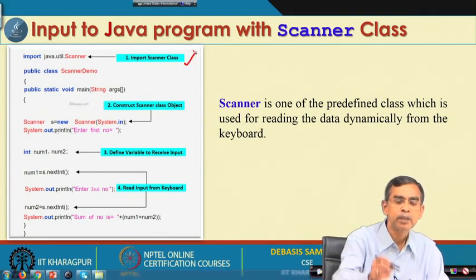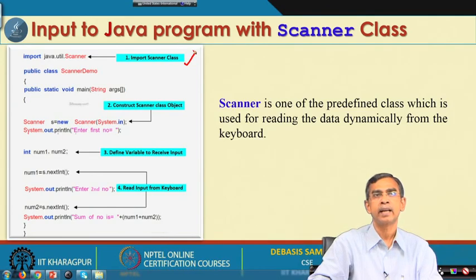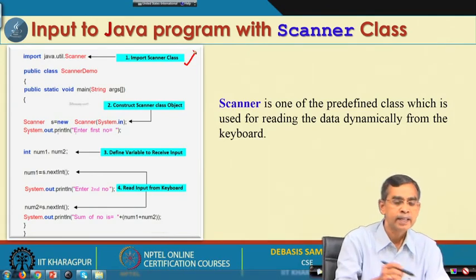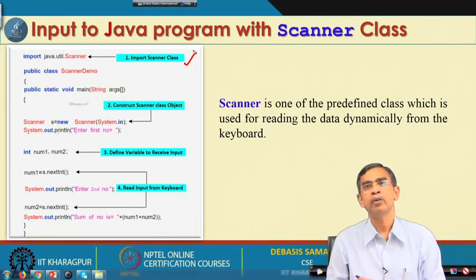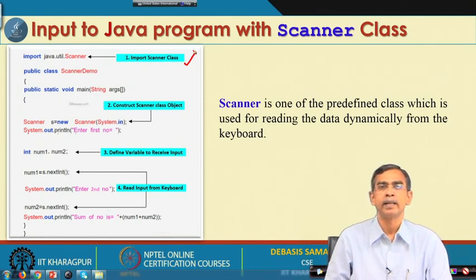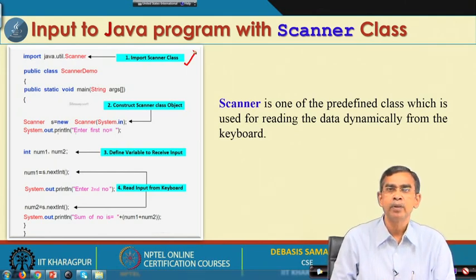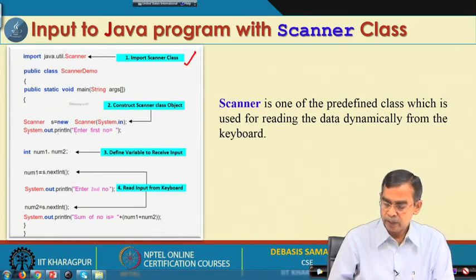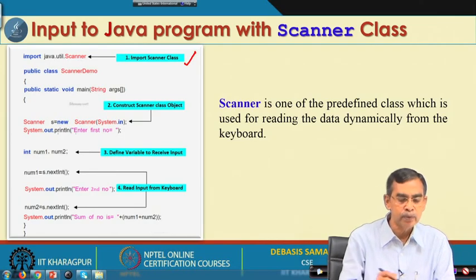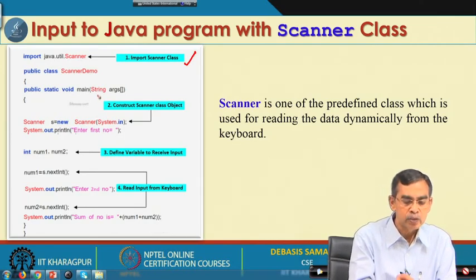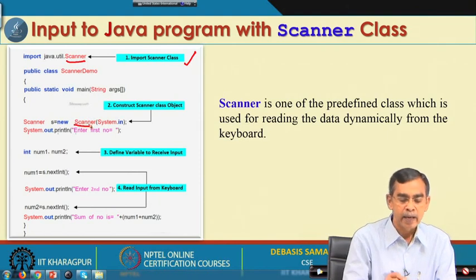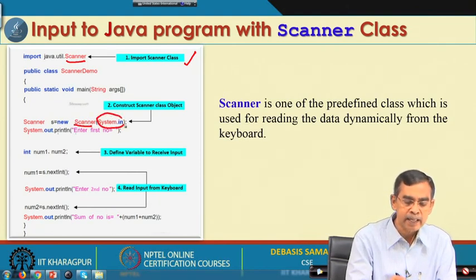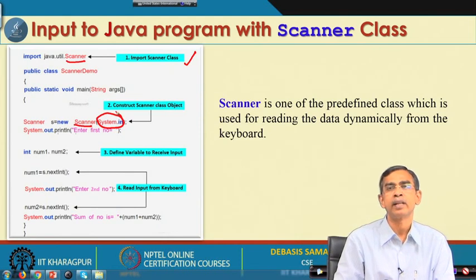You have to import it if you want to use the Scanner class, and here is an example showing how we can take the input. It is not the command line input. It can take the input when the program is in execution, not just before the start of the execution. The Scanner class has a constructor, Scanner, which is initialized with an object called System.in as a parameter.